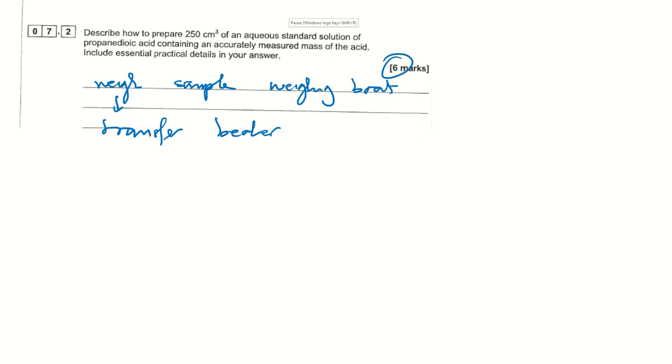Alright, and then you either do 2 things, you either wash the boat into the beaker, or you go back and you re-weigh the weighing boat. Either way you're making sure you know exactly how much of the solid has made its way into the beaker. The next thing you do is you dissolve that solid, which you put into the beaker,